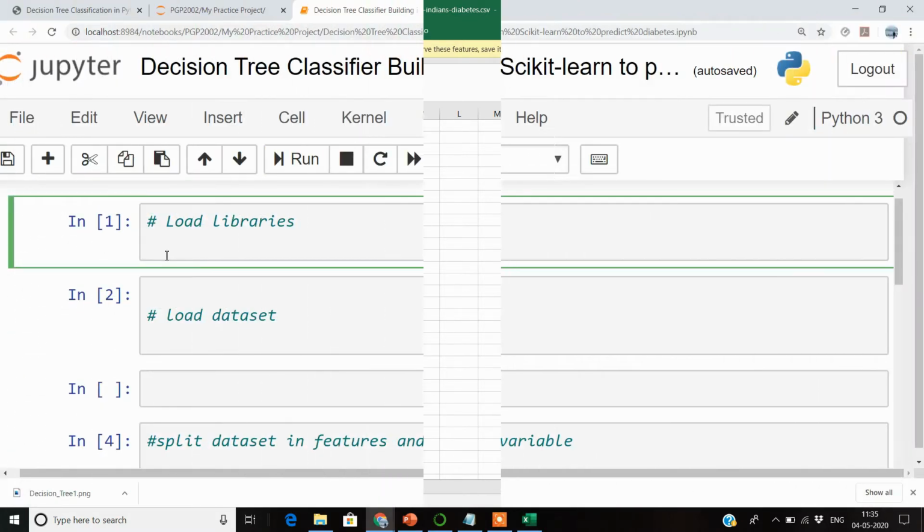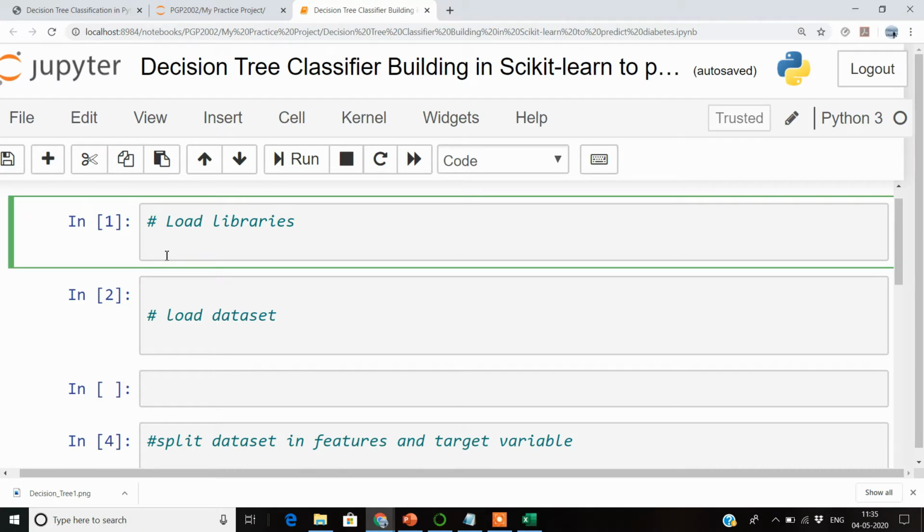The first step is to load all the dependencies, or libraries, that we will need for this video. We will require the pandas library. Then from the scikit-learn tree module we will import the decision tree classifier. Then from scikit-learn we will require train test split, and then we will import metrics to check the accuracy of the model.